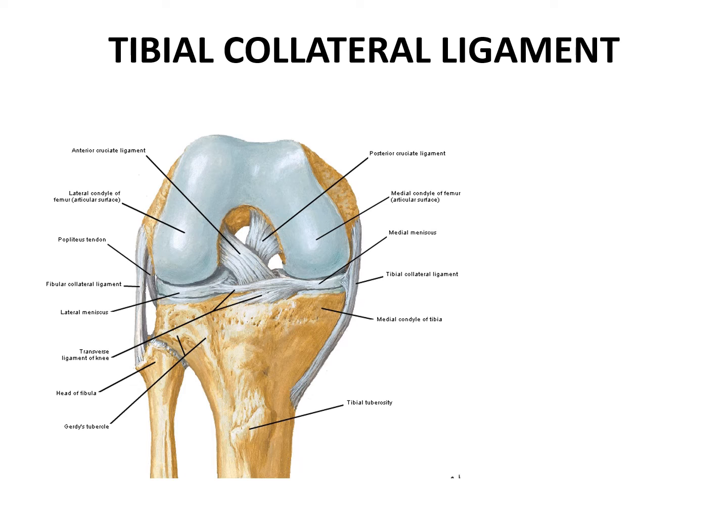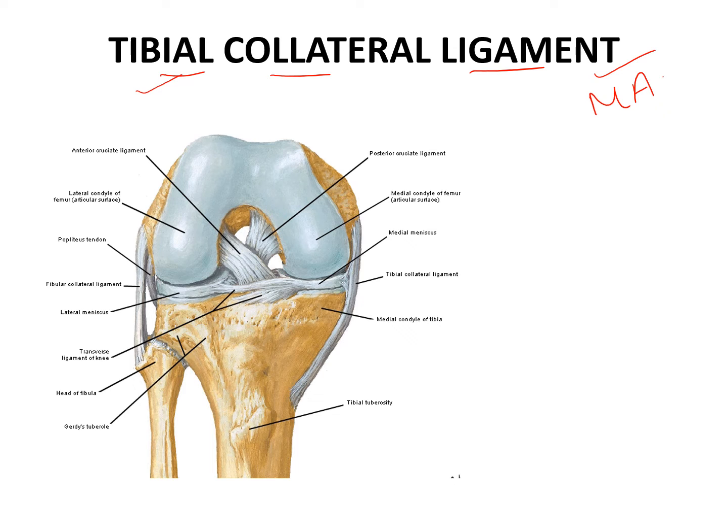In this slide, we will discuss the tibial collateral ligament. As the name suggests, tibial collateral ligament. If this question is asked, tibial means this ligament should be attached to the tibia. Tibia is the medial bone of the leg. So this ligament should be present somewhere on the medial aspect of the knee joint, right?